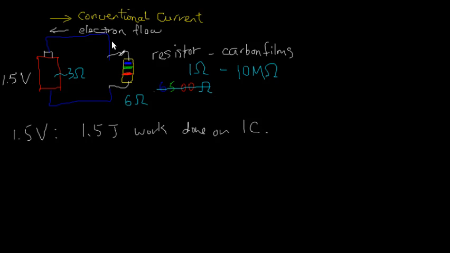Okay, so if the 1.5 volt is the potential difference across the resistor, then when 1 coulomb of charge goes through the resistor, 1.5 joules of work is done. But in this case, the 1.5 volt is not just a voltage across the resistor. The 1.5 volt here represents, in a sense, the work done around the whole circuit, including the 3 ohm resistor. So the 1.5 volt here means that 1.5 joules of work is done on 1 coulomb when the 1 coulomb moves around the whole circuit,